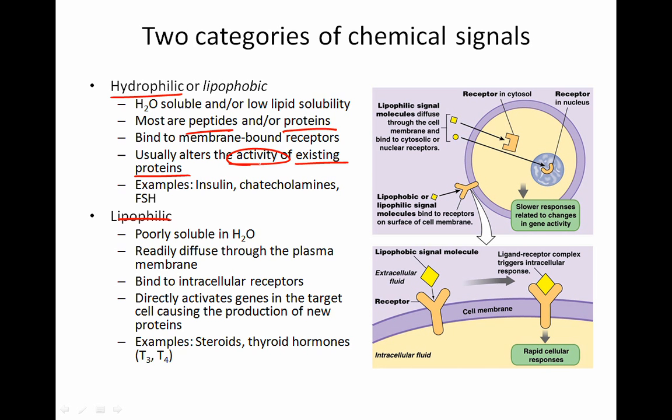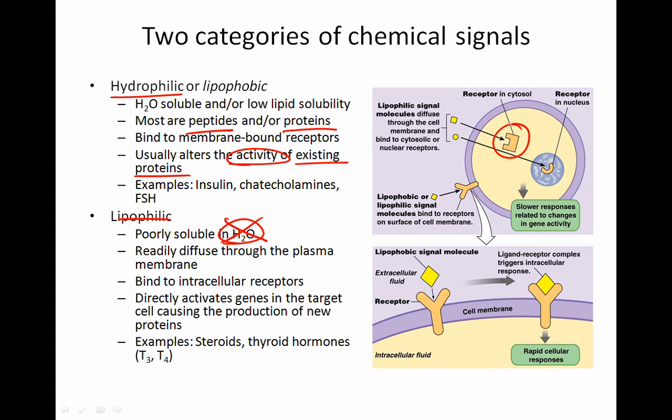Lipophilic molecules, on the other hand, will penetrate through the plasma membrane. They do not like water. So they easily diffuse through the plasma membrane, and they bind inside the cell. Now, generally speaking, these types of receptors are transcription receptors, meaning they bind to DNA. And so when these types of receptors are bound by their ligand, lipophilic molecules, they bind to DNA